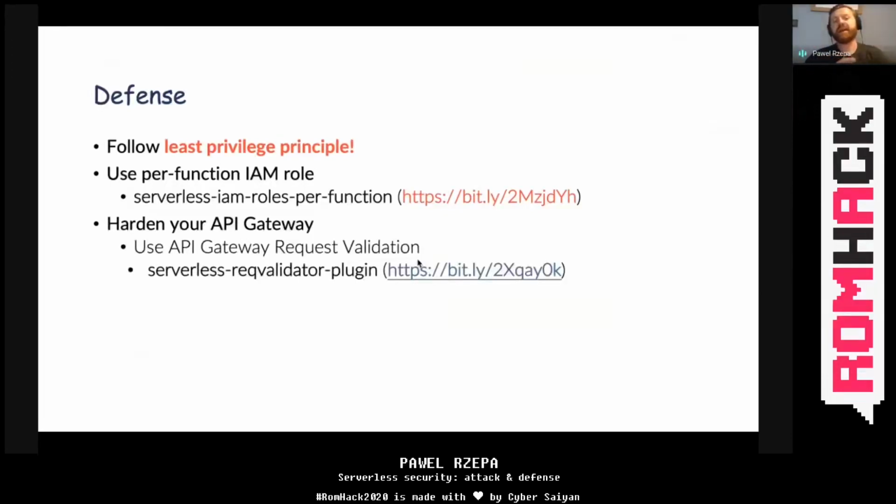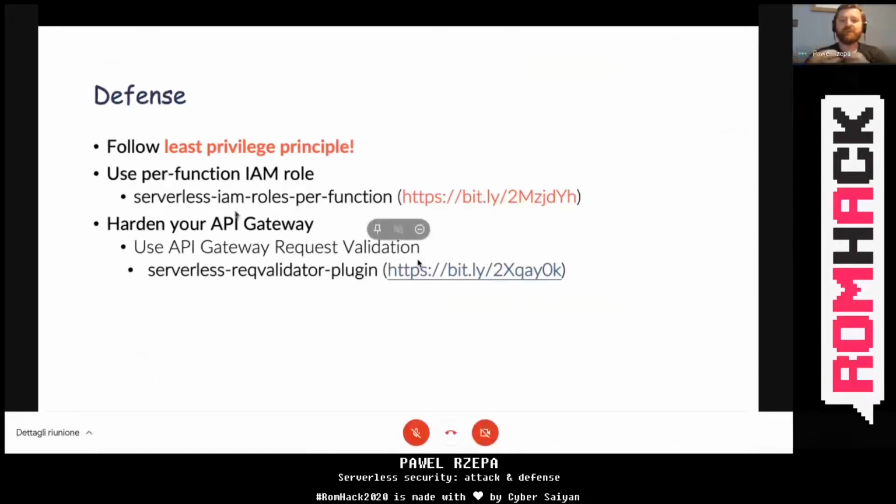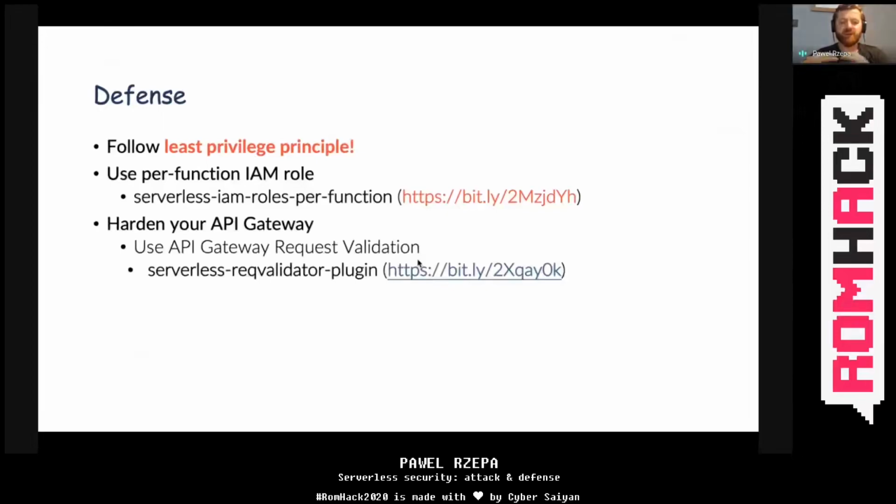Furthermore, you can also use API gateway request validation, which means that if you are expecting just an integer value in one of the parameters of the request, then in the gateway request validation you define that it has to be an integer. Now, even if you have a vulnerability in your code, any request with an injection that is not just an integer will be denied at the API gateway level. So it will not even invoke the Lambda, and you will not pay for it.